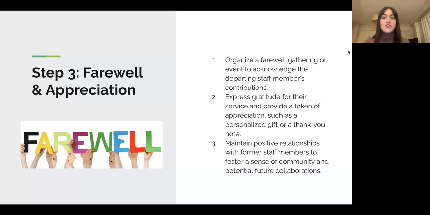All of these things just ensure that everything goes so much smoother. So, it's important to make all of your staff members feel appreciated. Is there anything else that someone does in their school community for appreciation when somebody leaves? Things like retirement parties as well, things like that. Especially when it's staff who's been at your school for 10, 15, 20 years. These are people who have given so much.